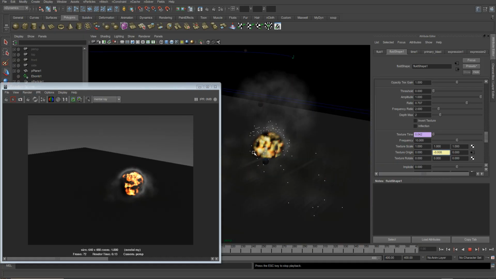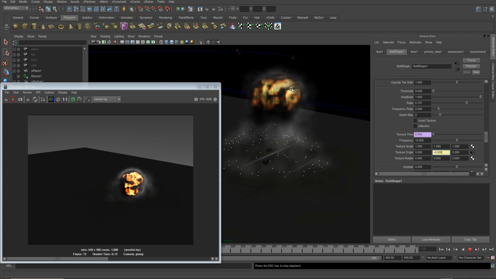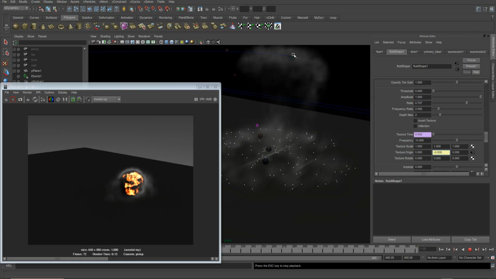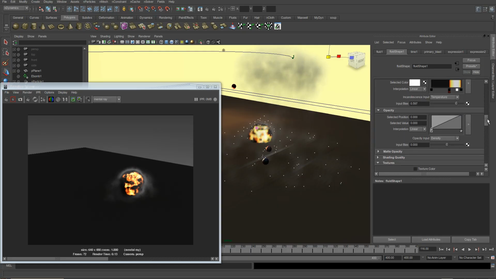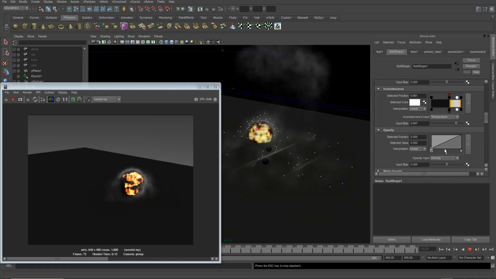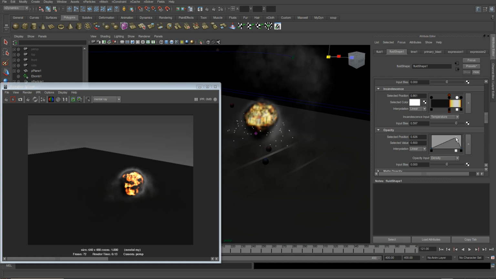Okay, again, really dark black smoke when this explosion occurs. And going up, the opacity should fade out and then go black, and then start to just fade to a lighter grey colour. Okay, that's kind of exactly what we were looking for. So all of this looks good, and I'm going to change the opacity ramp here a little bit as well, because I'm still not happy about this fade out. So I'm going to knock that down like so, put another point in here and just